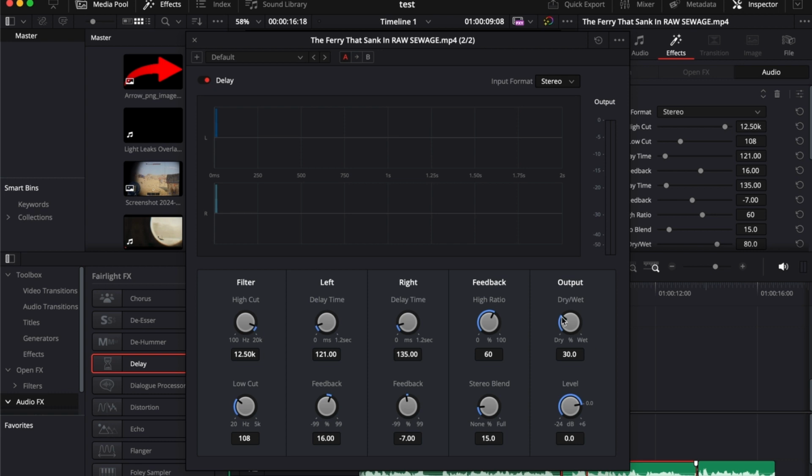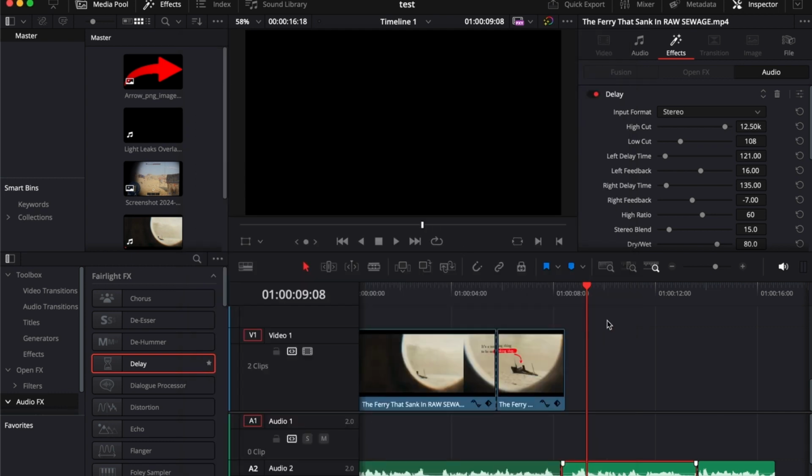So all you have to do is mess around with output. So let's go with dry and wet right here, and let's input around 80, so just there 80, and then feedback, so you can adjust it something like that, and delay time. So here just adjust your delay time, and there you go. So just exit it right here, and then once you play it,